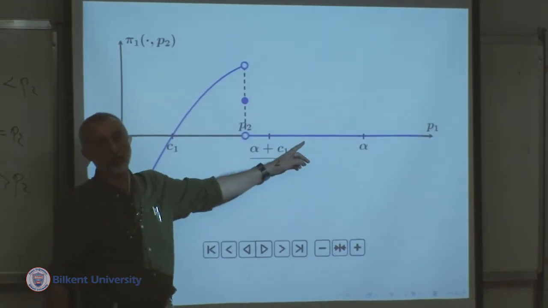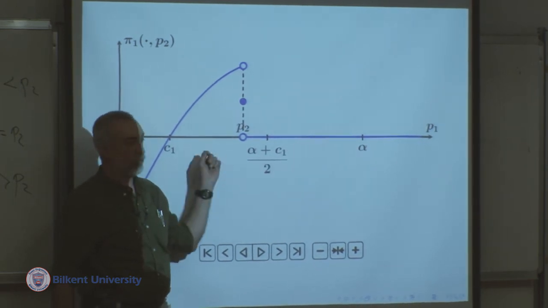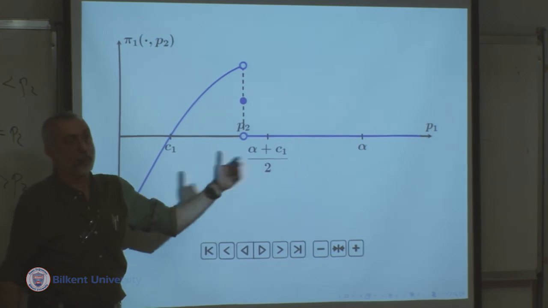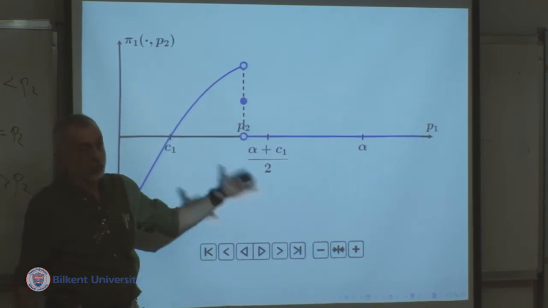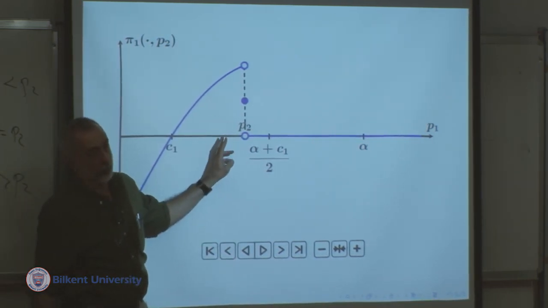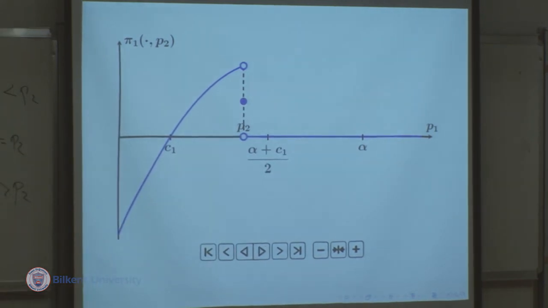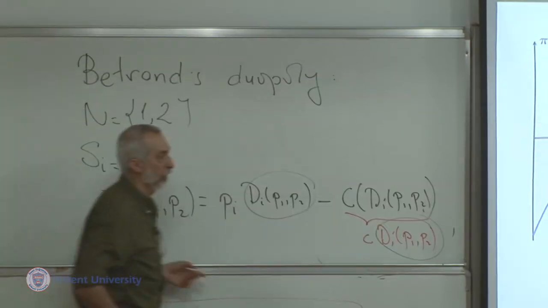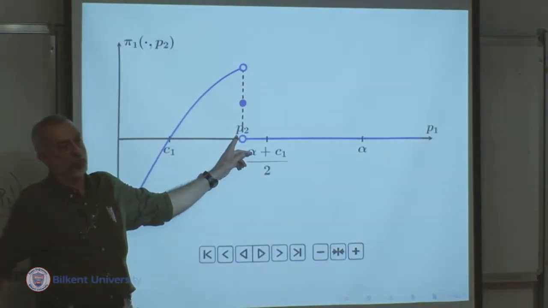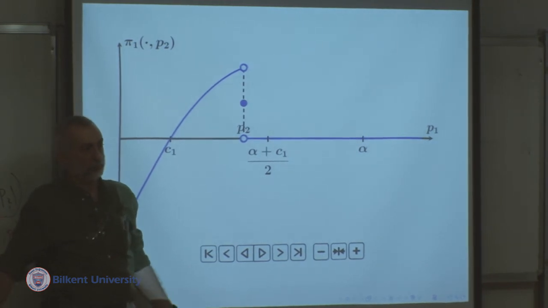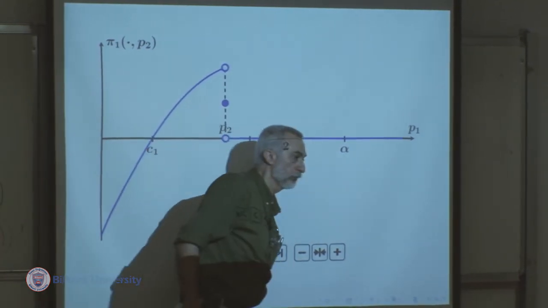which things will change if we discretize this problem. So if prices were allowed to change in multiples of a lira, multiples of a kurush, multiples of a dollar, it would be a different story. But with our assumption, when we took S2 to be the set of all non-negative numbers, there is no closest number to P2, which means that this function does not have a maximizer. Okay? So far, so good?